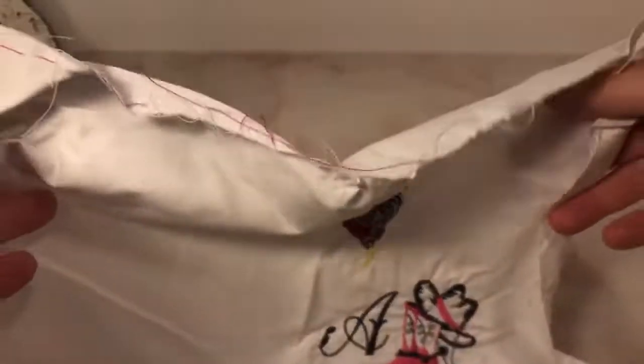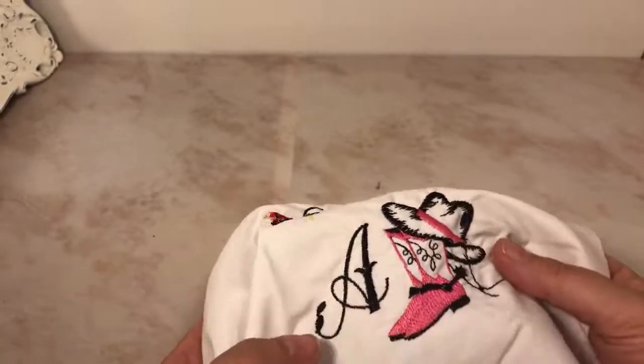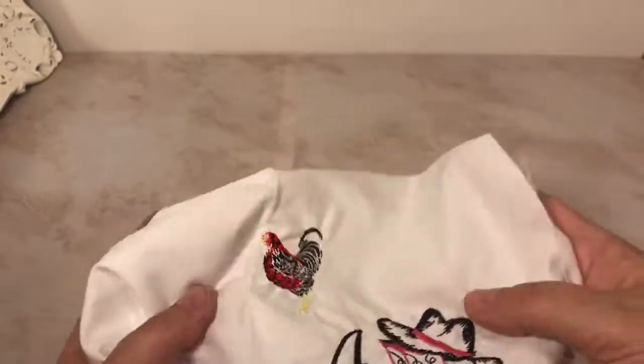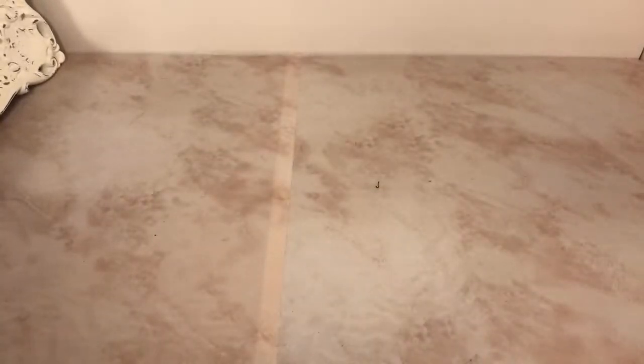I'm not really sure where the cowgirl boot one is from. Oh, it's from, okay, so the SE425 that I have comes with the CD full of designs. And these are some of them. I've said this in other videos, I have no idea where that CD is now. So somebody who feels like they got gypped because they got the SE400 and not the 425, I'm telling you